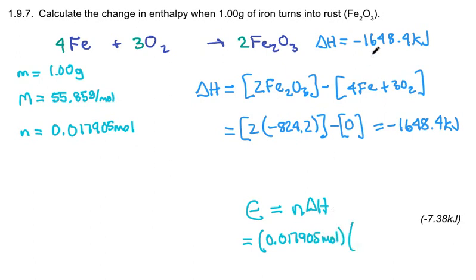Molar enthalpy, 1,648.4 kilojoules for every 4 moles of iron. 1648.4 kilojoules for moles Fe equals, calculator keys are punched, divided by 4,